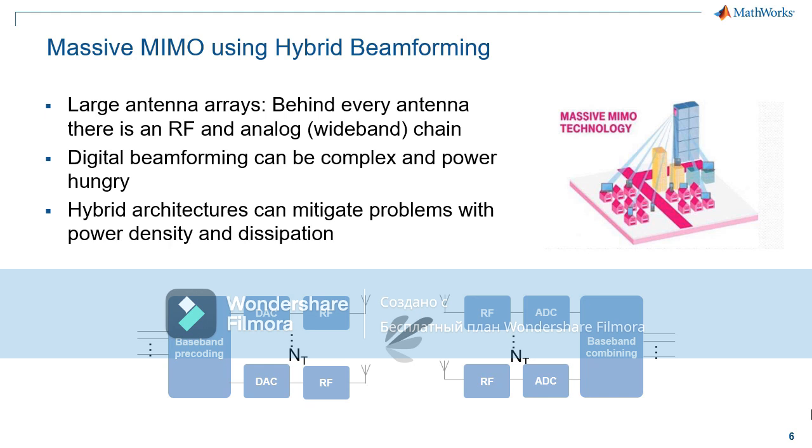And remember that if you are doing all-digital beamforming on these large antenna arrays, behind every antenna that transmits the signal, there is an RF and analog wideband chain that requires a large amount of